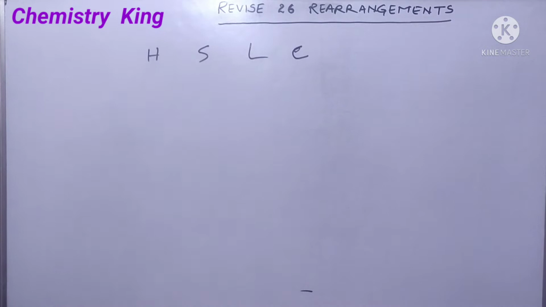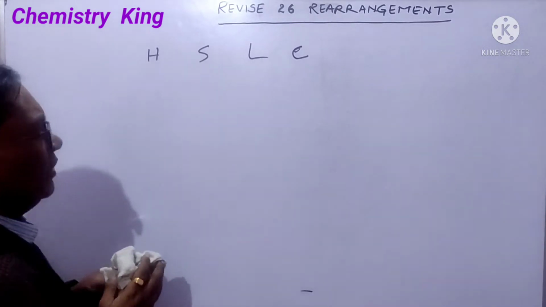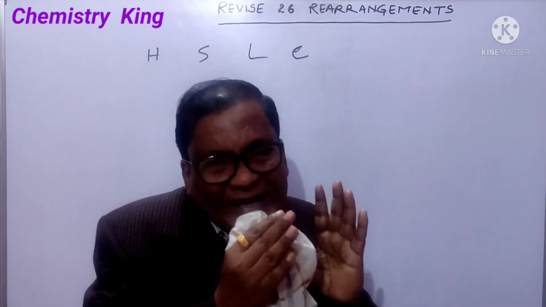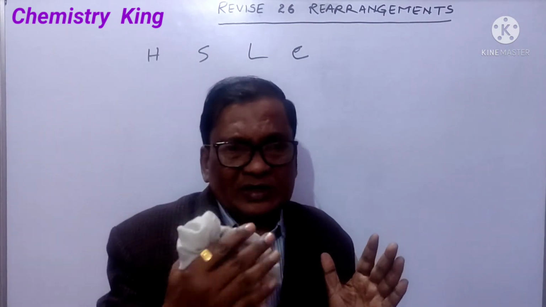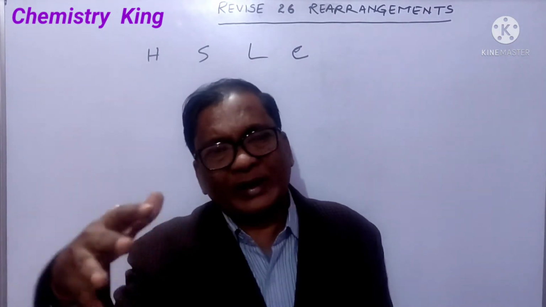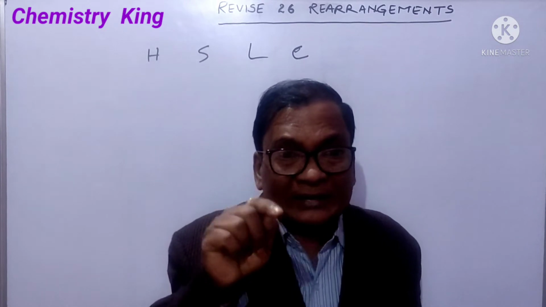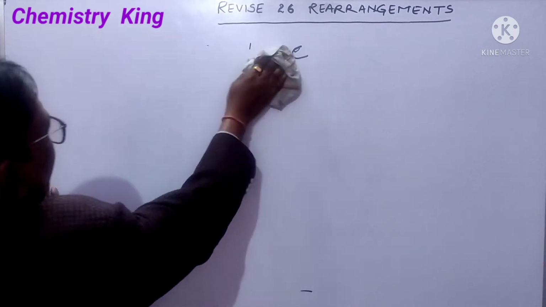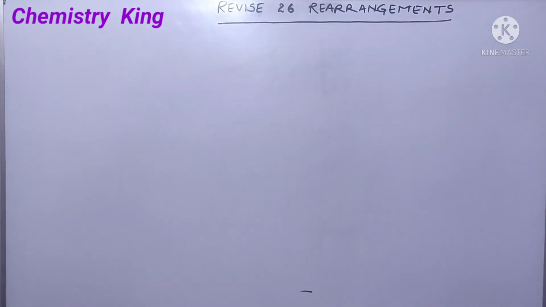In all these 4 rearrangements, the intermediate is nitrene, and when the reactant is treated with different specified reagents, you will get isocyanate, and when it is hydrolyzed, you will get primary amine. So we will see one by one. First is